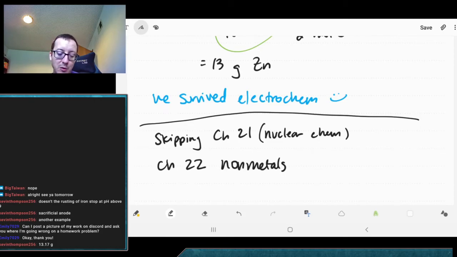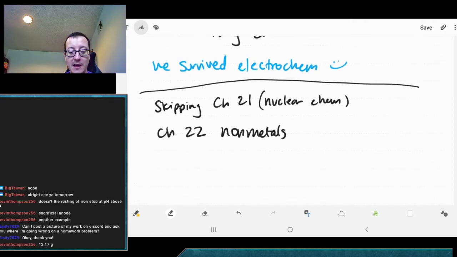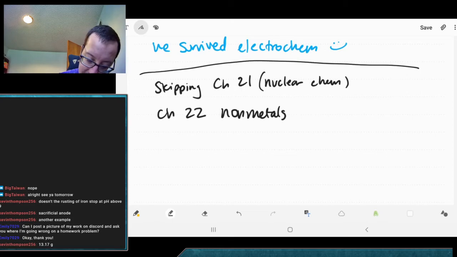And so we're going to look at each group of nonmetals in this next chapter. And then in the chapter after that, we're going to look at transition metals. So we're just going to look at the elements themselves now. And then we're going to come back and finish off with nuclear chemistry at the end. So with that, we're going to take a look at nonmetals group by group. The first one we're going to look at is hydrogen,